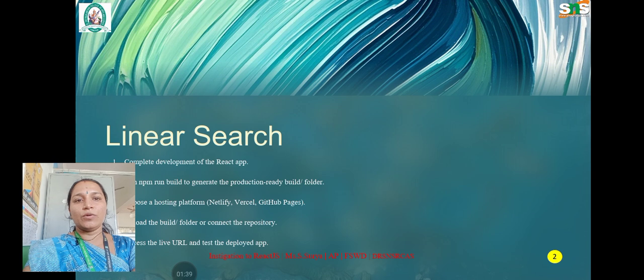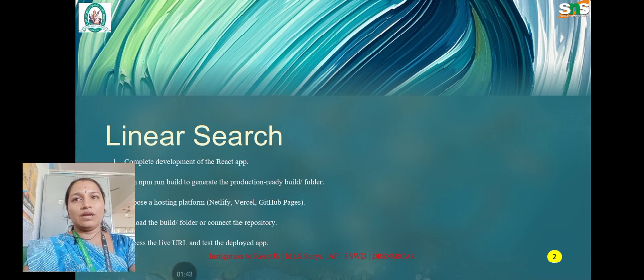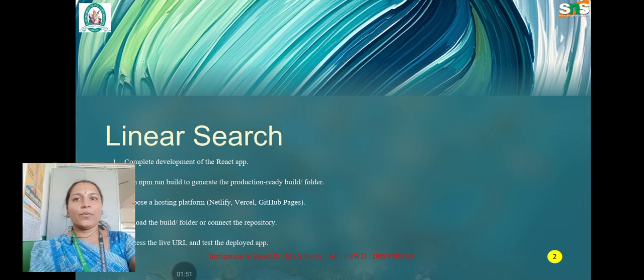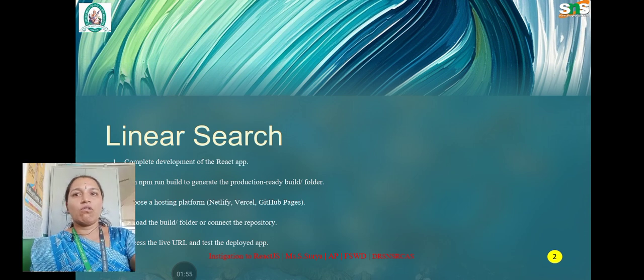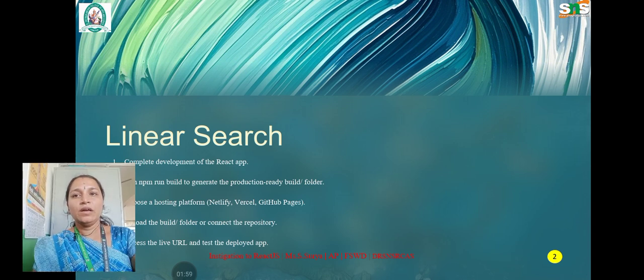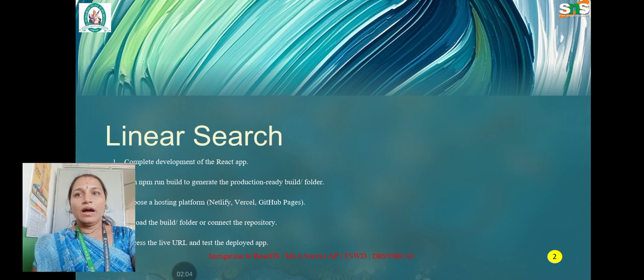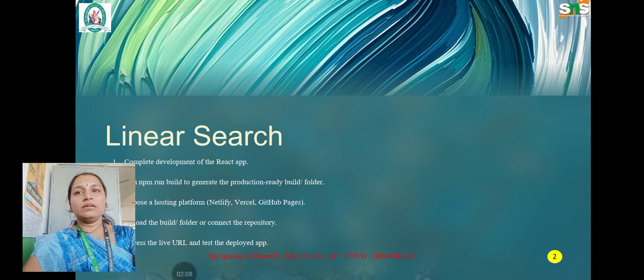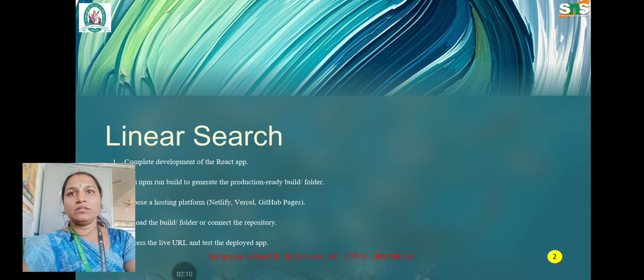And here we are going to see about the linear search. What is a linear search? First of all, we complete the development of the React app. Second, it runs npm build, which generates the production-ready build folder. The third one, choose the hosting platform, where GitHub Pages or Vercel or Netlify is used. The fourth one, upload the build folder or connect it. And the fifth one is to test the deployed app with the URL. And here we saw the linear search, right? And next,